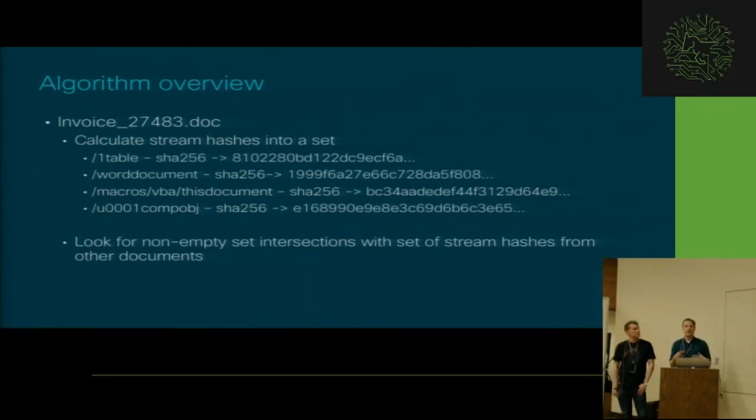So the idea here was I had no image data to hash, but I started to look at the format of a .doc file, and I wanted something simple that was similar to the image hashing because that was somewhat successful. So what I did is hash the streams. A .doc file is made up of named streams. So I extracted all the streams and hashed them. That gives you a set of hashes of streams that are inside a document, and I do that for every document, and then look for intersections between documents.